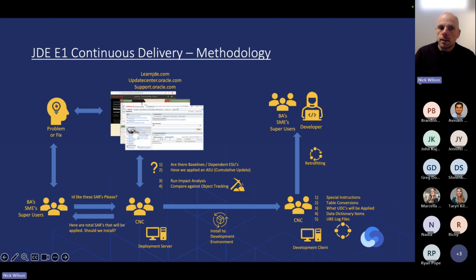And then looking at that procedure, they would need to go through the special instructions, what's called table conversions, installing or updating, sorry, UDCs, as well as the data dictionary components, and then finally troubleshooting from UBE log files. Once the CNC wraps all of those things together, they can then deliver to the developers and/or the BAs and SMEs the full impact of what has changed and hand over the system to the developer and the BAs